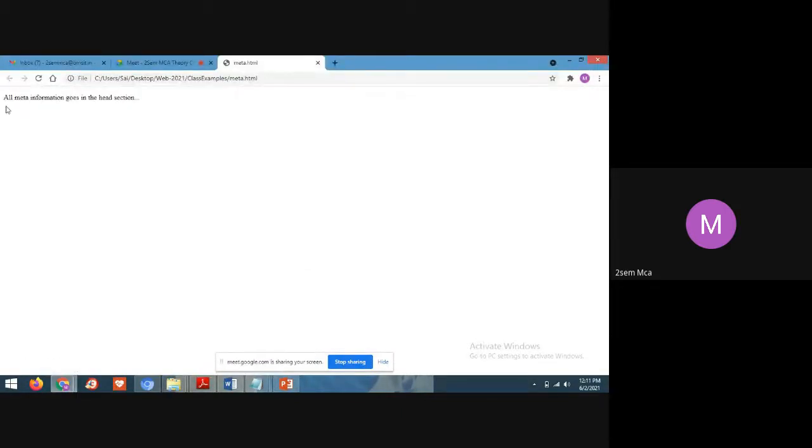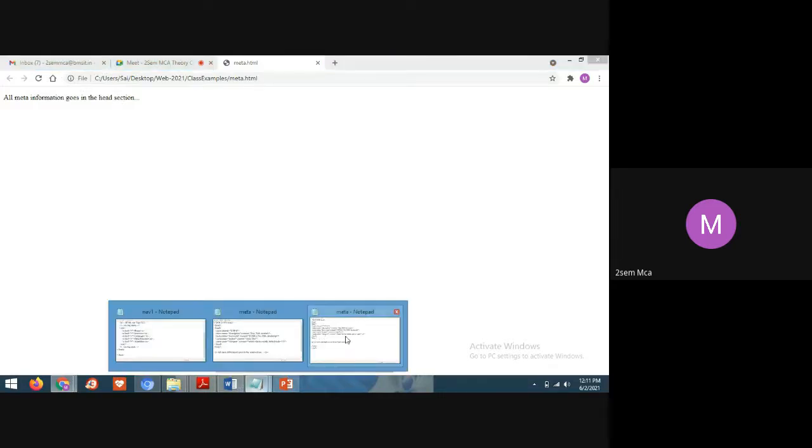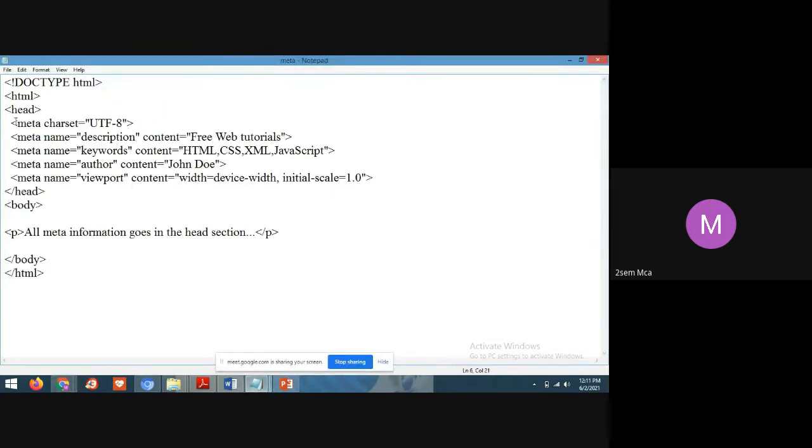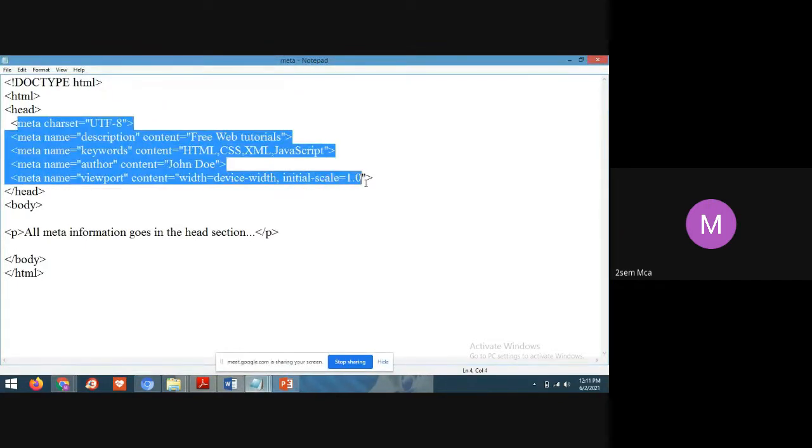You observe what the output will be. The output is whatever I have written in the body tag, that it will show as output. But if you see the header tag, I have declared this meta tag.